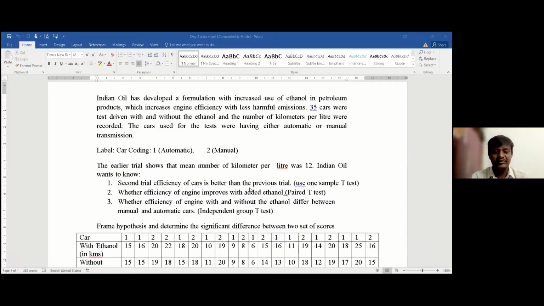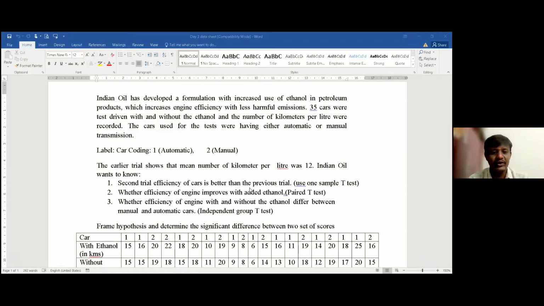From this case, the information given is that Indian Oil have developed a methodology to increase the efficiency of vehicles. They are using ethanol with petroleum. The two kinds of cars are the automatic car and the manual car.